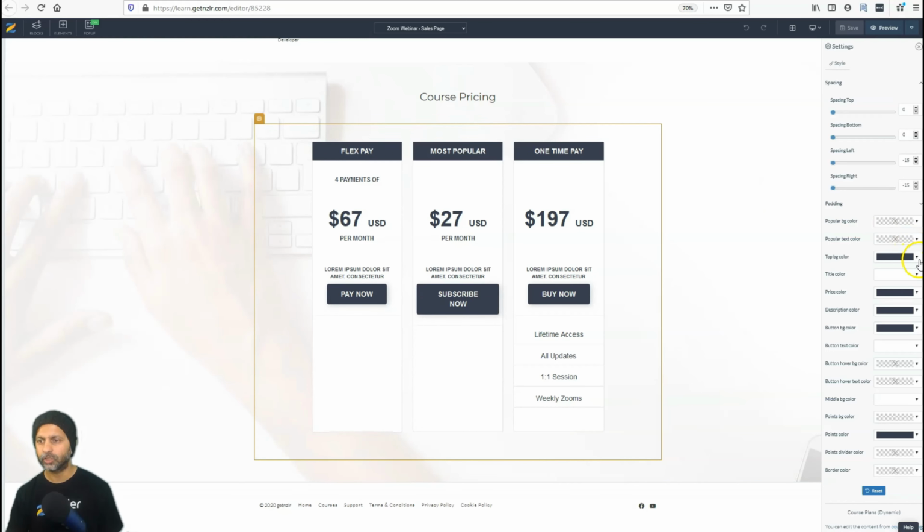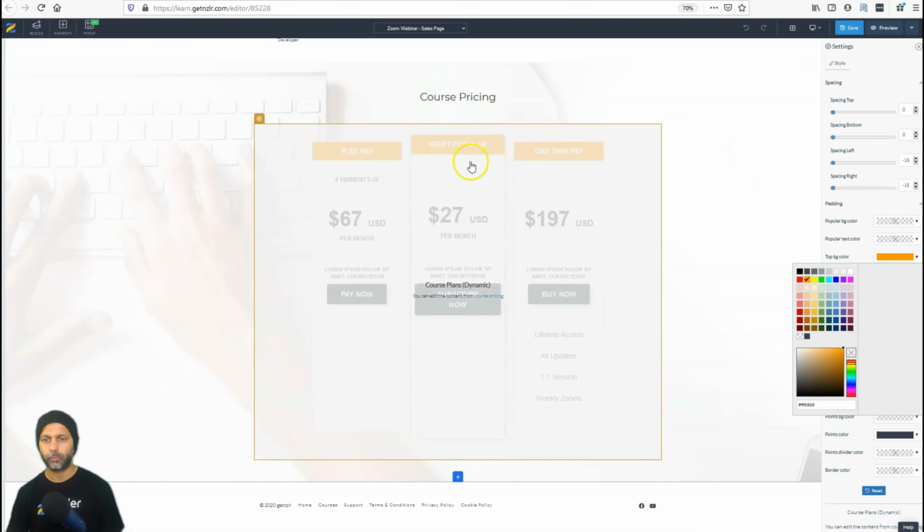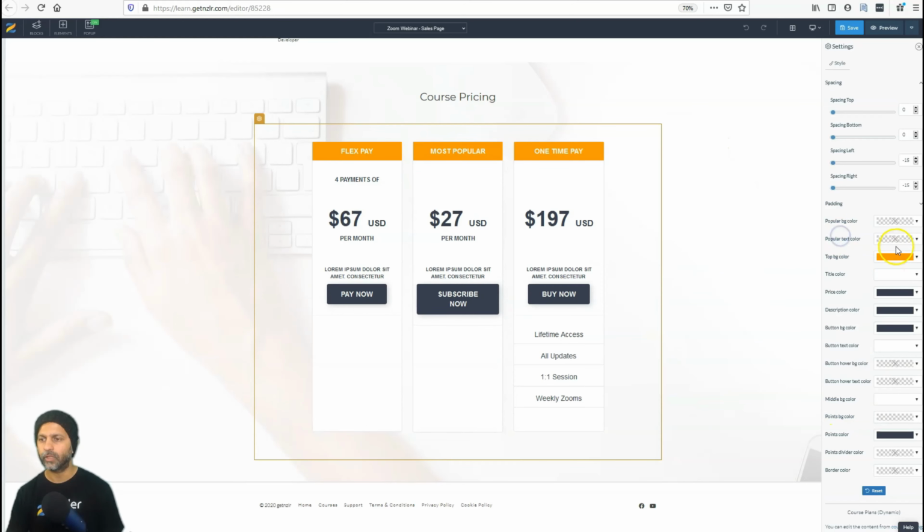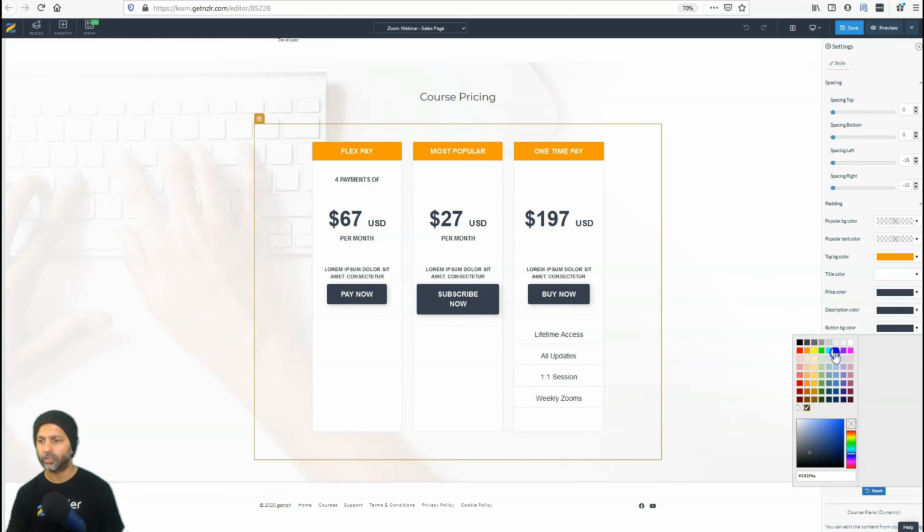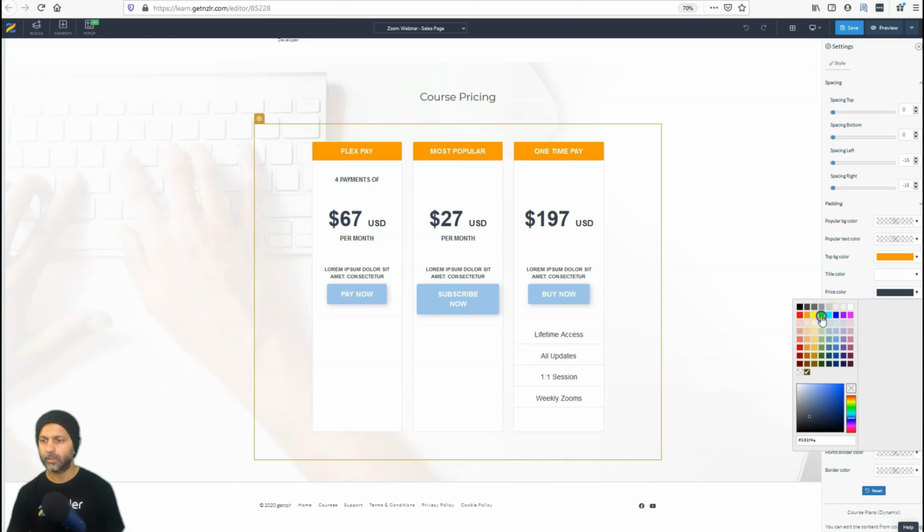So the other things I can change here is the color, so I can match my brand colors. Same thing with the button color. I can change the button color to blue. Price color can be changed. So all of those changes can be made, but you cannot change the look and feel of this payment plan